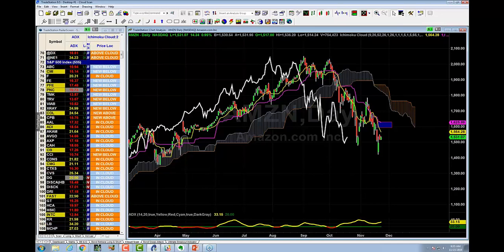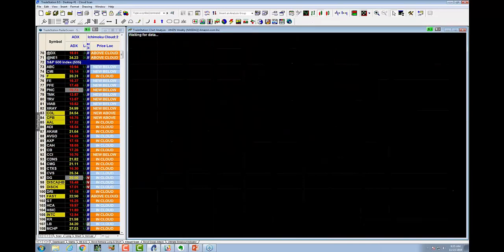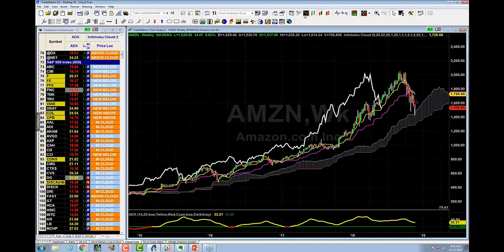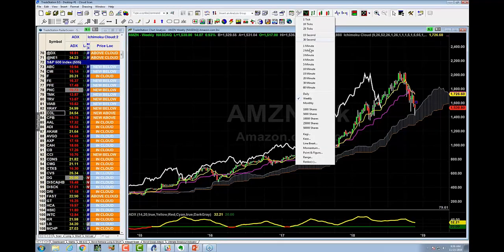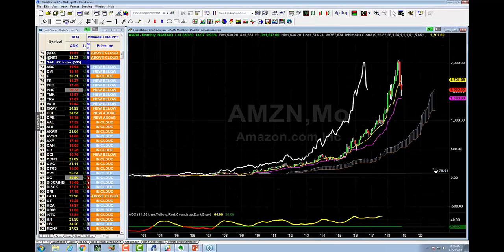Even having Amazon at 75, are you holding it as it drops and why? Yeah, because it's a long-term investment, Anthony. And then what I'm doing is I'm looking at a longer time frame. So I'm not trading it off of a daily. If you look at it on a weekly, I still have support. And I've been in it for longer than weekly charts. I'm actually in it on a monthly chart. So I'm in it down here. So it could drop all the way down to 1,000 and I'll be okay. Now, if it drops below 1,000, I could get the hell out of Dodge.